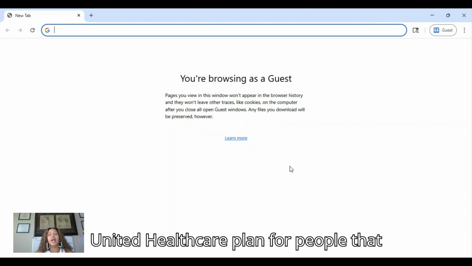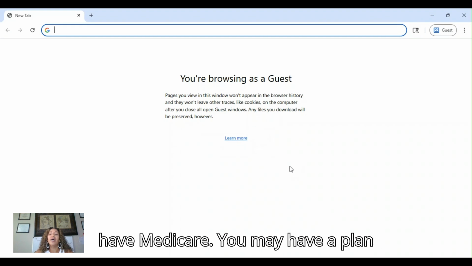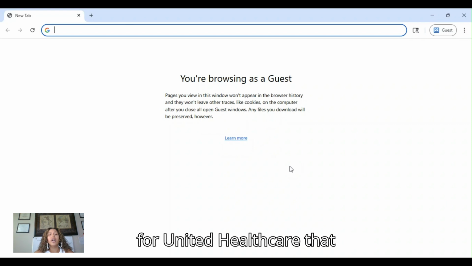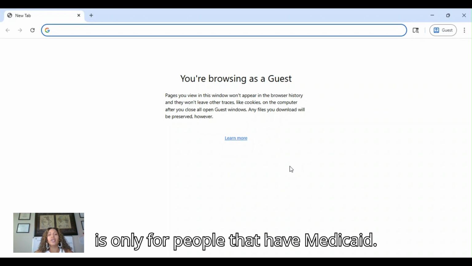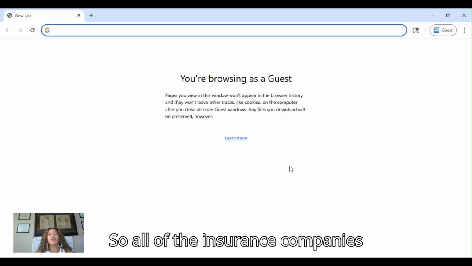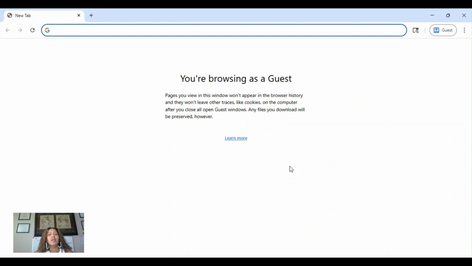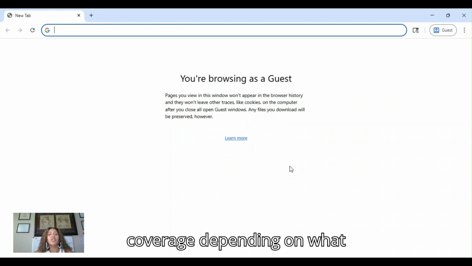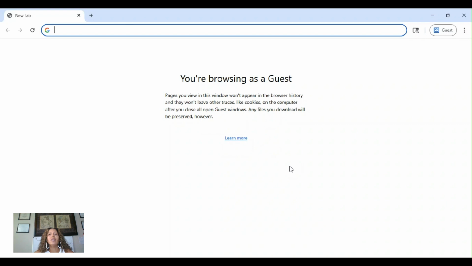You may have a United Healthcare plan for people that have Medicare. You may have a plan for United Healthcare that is only for people that have Medicaid. So all of the insurance companies have different levels of coverage